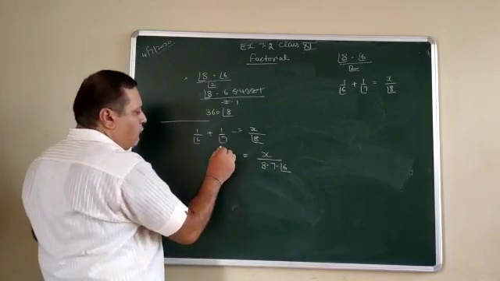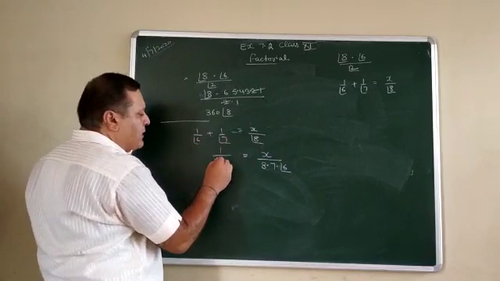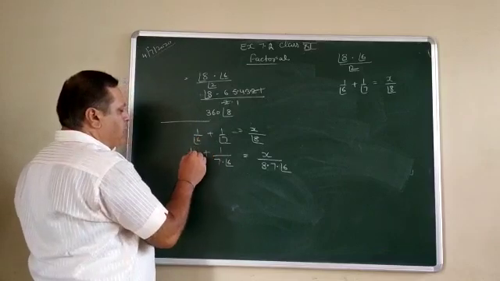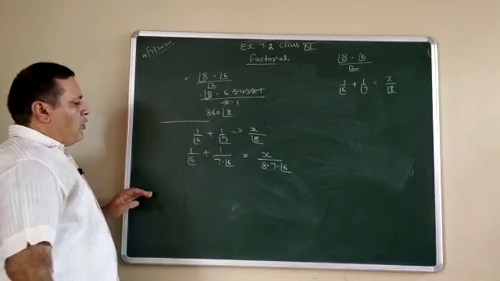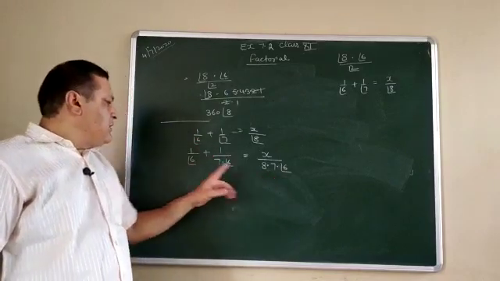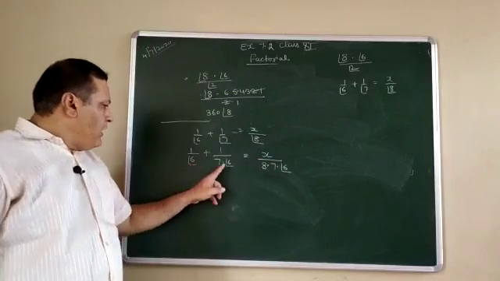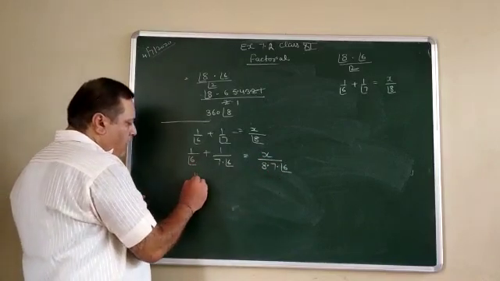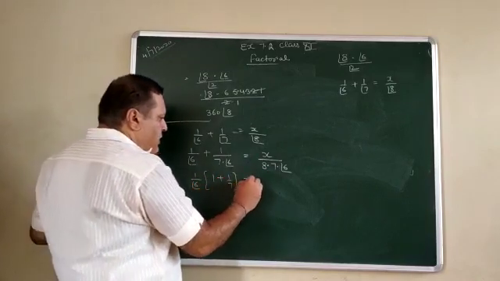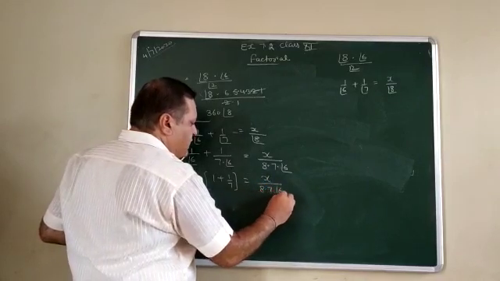Now this is 1 upon 7 factorial. Again it is larger than the 6 one. Break it. It is 7 into 6 factorial. Now plus 1 upon 6 factorial. If you observe, these three terms contain 6 factorial in all the cases. So now we can take 6 factorial common: 1 upon 6 factorial. What is left? 1 plus 1 by 7 is equal to x upon 8 into 7 into 6 factorial.